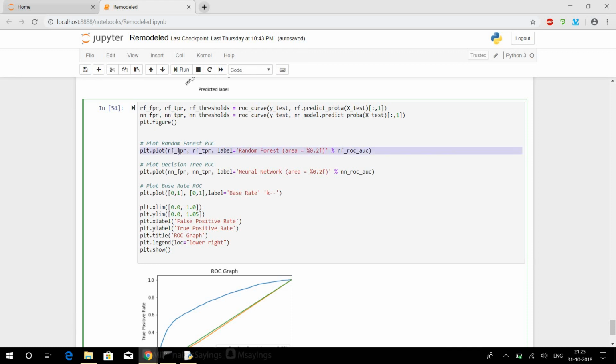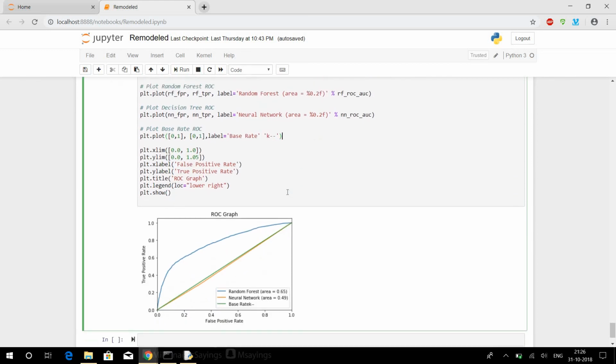Then we are plotting it by naming it random forest, and giving the area as the ROC AUC, the area under the curve. We are similarly plotting the ROC curve for neural networks. And then we're plotting the base rate here,